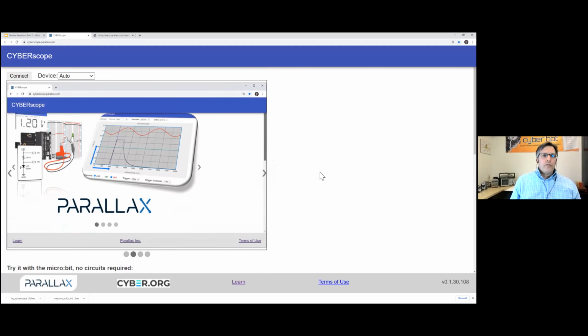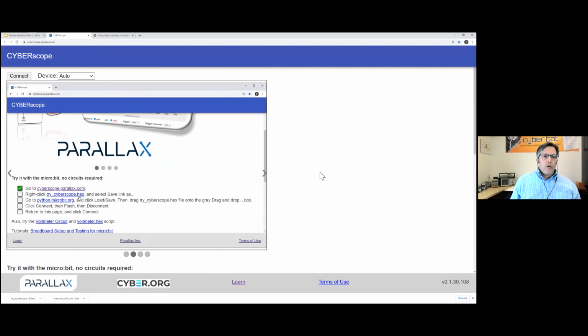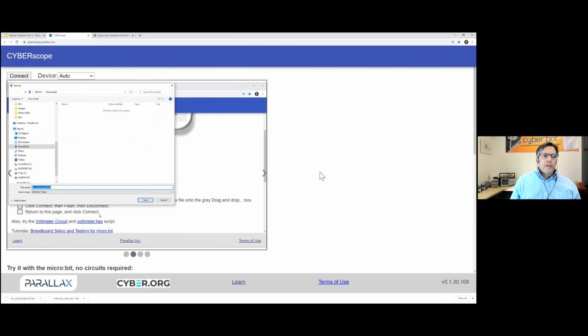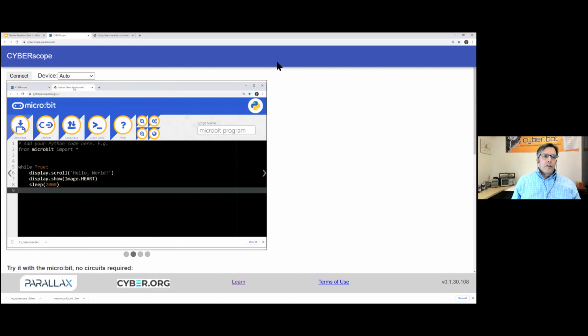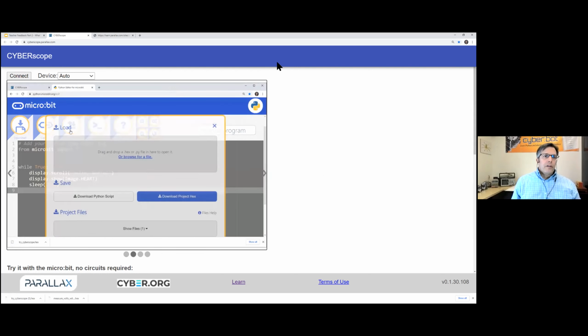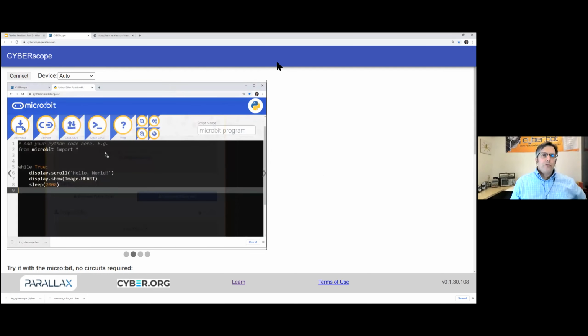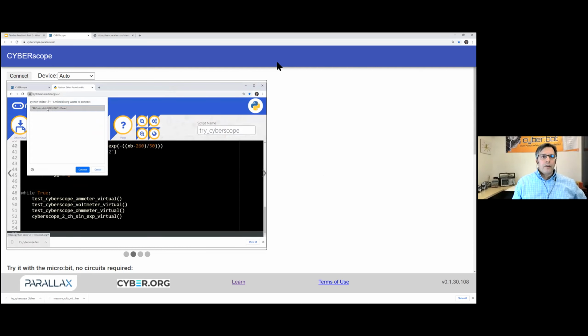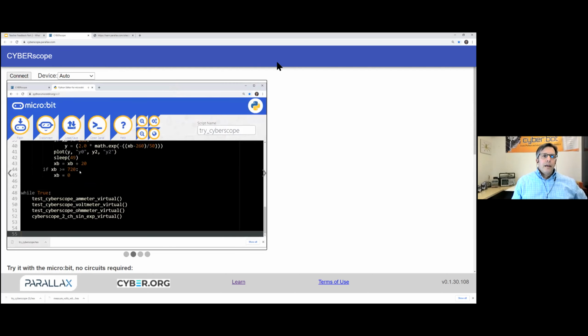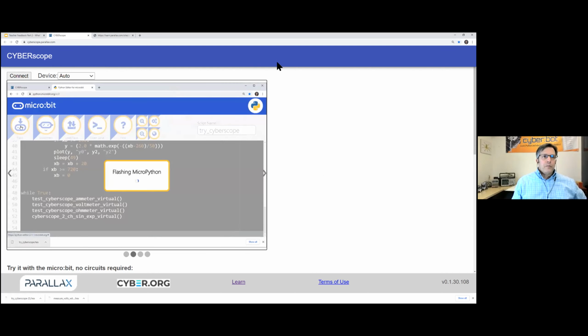that basically shows, if you have a microbit, how to use the demonstration Python script to display some data. And so that's what this little clip is doing right now, it's showing how to download Try Cyberscope, which is linked to the page, and then how to open it with the online Python editor, and then flash it into the microbit